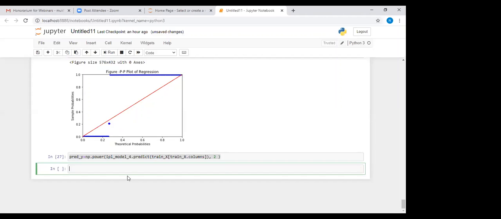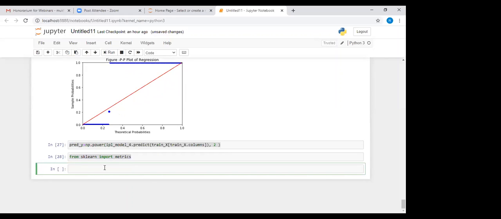Now measure the root mean square error. We'll measure the root mean square error. How will you do it? RMSE. Measuring root mean square error we will do from sklearn import metrics, np square root.